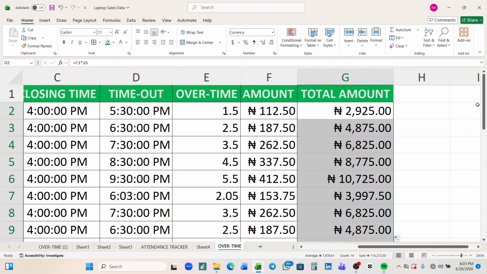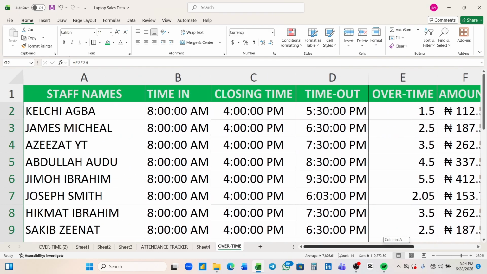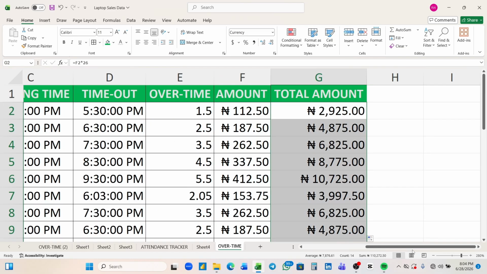So that is the usage of Max. You can use this for so many things, but we just want to use this to see how we can calculate overtime for those people that are managing workers in a construction site. It can be in a factory. Yes, you can even be in an office. So once your HR sends you your overtime, you can easily calculate it by yourself, so that you will not be saying, oh, my HR has cheated me. How does HR arrive at this point? So you can open your Microsoft Excel and calculate it by yourself